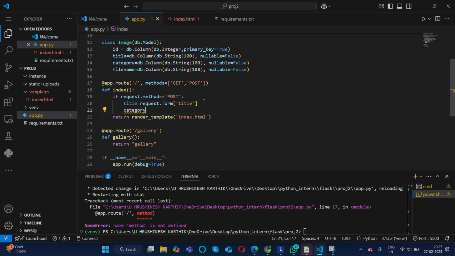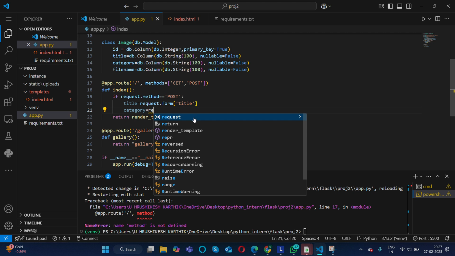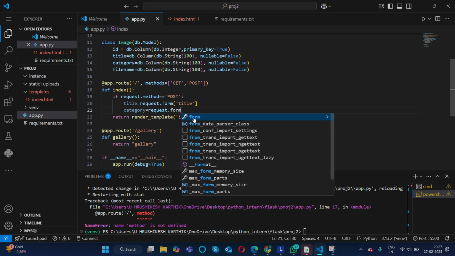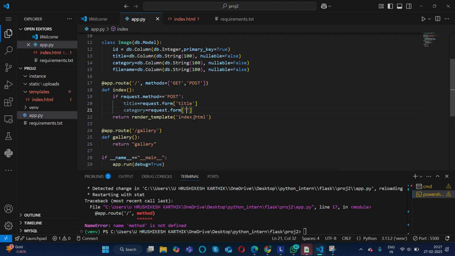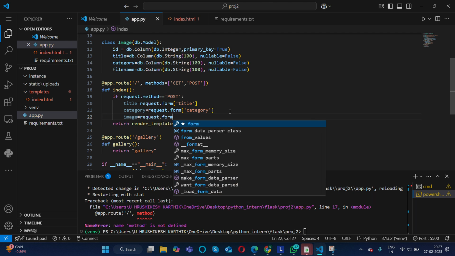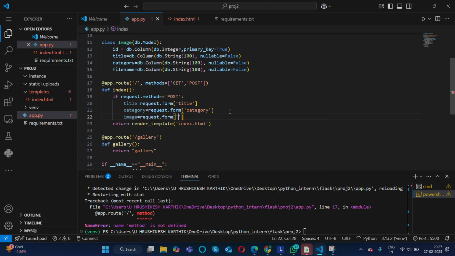Category. Request form, request dot form, and image.